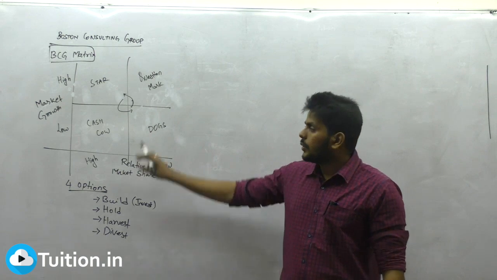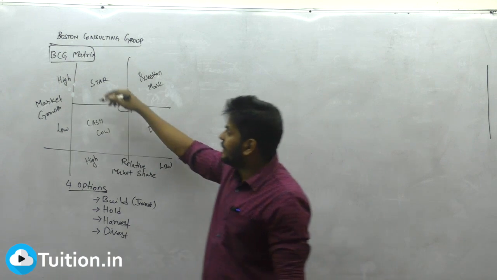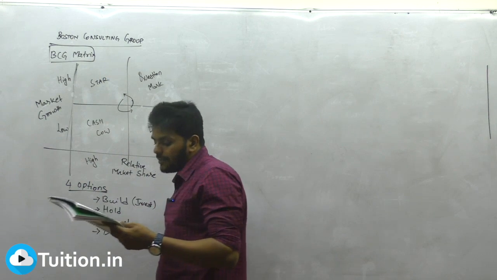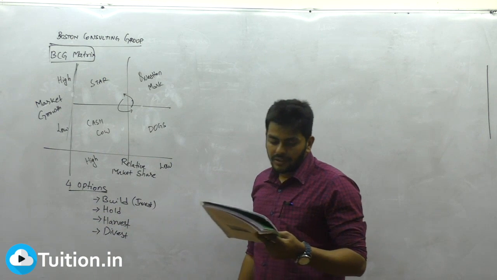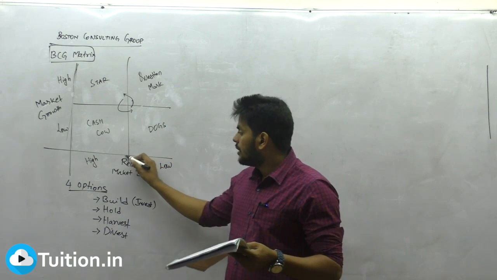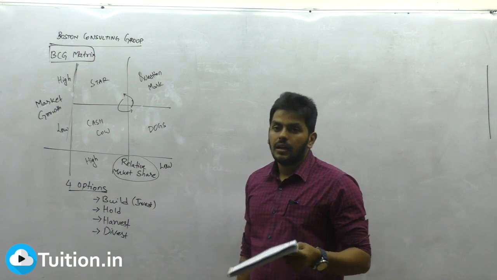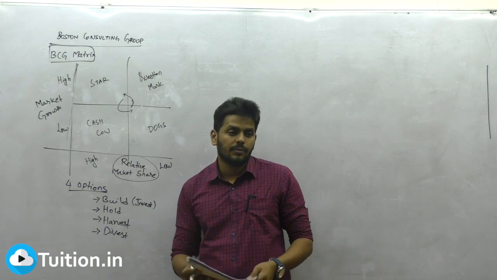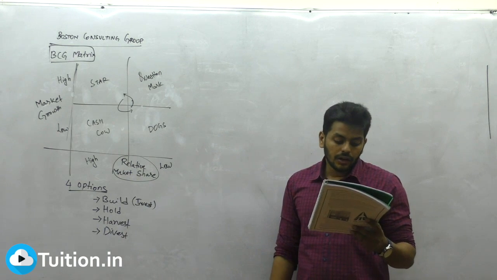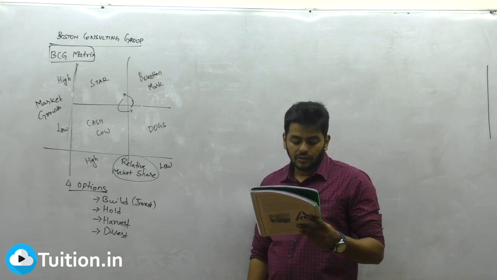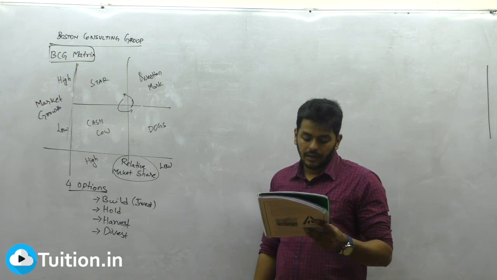Yeah, 2-dimensional. What are the 2 dimensions? On the vertical axis, that is here, what did we take? Yes, on the vertical axis we take market growth and provide the measure of market attractiveness. The horizontal axis is talking about relative market share. Means, hey, don't miss the word relative. How much is our market share? That is what is more important here. Everybody, are you getting that? The horizontal axis represents the relative market share and serves as a measure of company strength in the market.